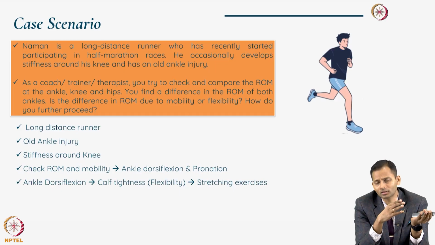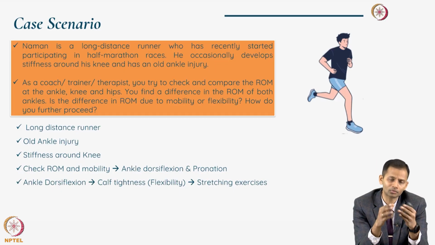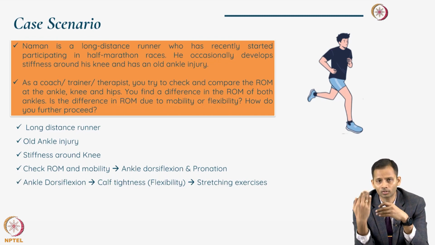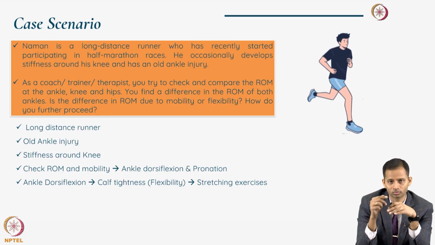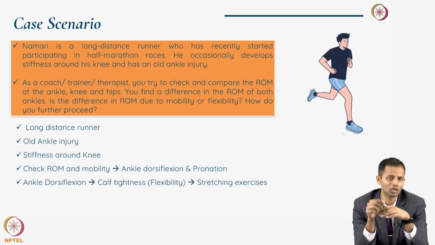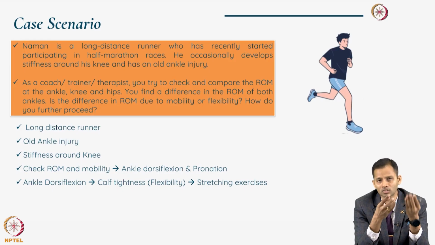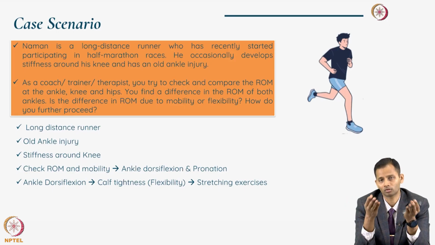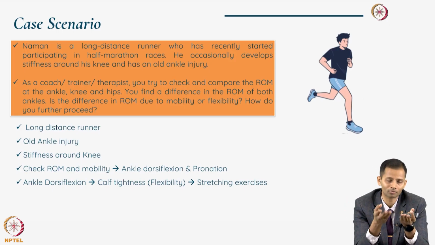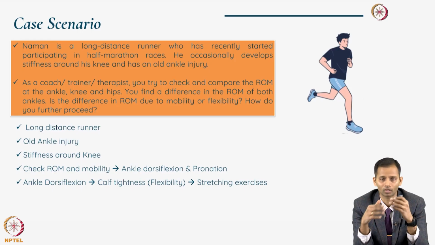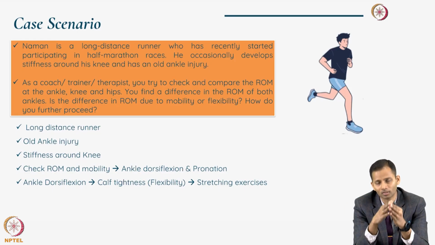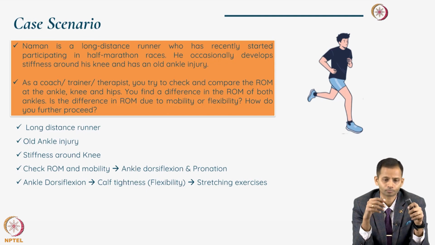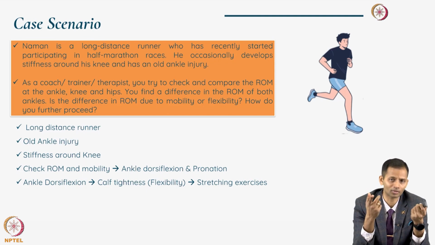The reduced ankle dorsiflexion may be because of calf tightness as well, because if the calf is tight in the posterior aspect, it doesn't allow the ankle to completely dorsiflex, right? So there it is more of a flexibility related issue. So you will have to address that by giving stretching exercises, mainly of the static hold, or if the difference in the ankle dorsiflexion is more, then you can go for even a PNF related stretching activity, so that the difference can be addressed at a faster rate. And that is if it is because of the calf tightness.